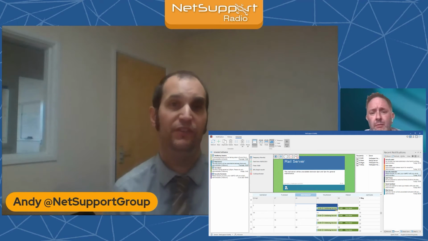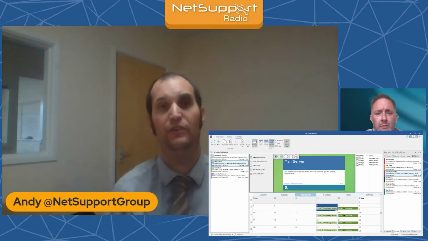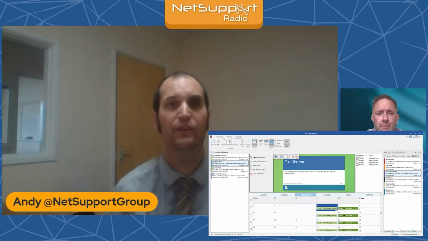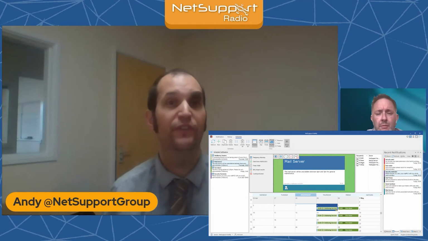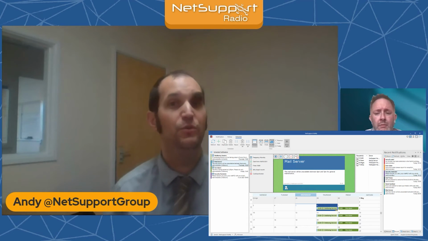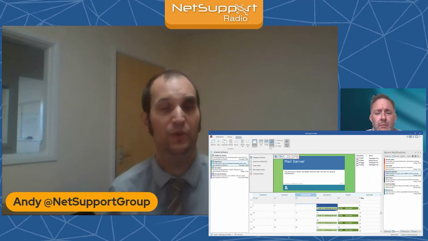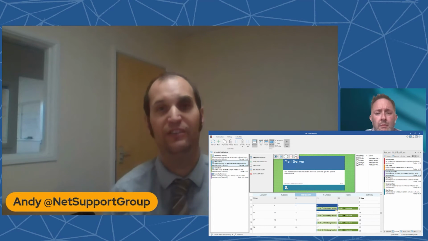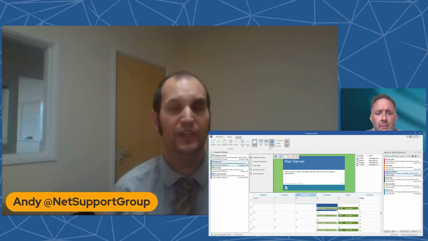Sure. So within the Notify console, there is a scheduling component. If you've got regular messages that you need to send out, rather than having to type them each time, there is a reuse option, so you can pin messages, so it is easy to reuse the same message each time. But if you want to put more automation and scheduling with that, when you create a message, you decide your message options, you decide on your message text, then you've got the ability